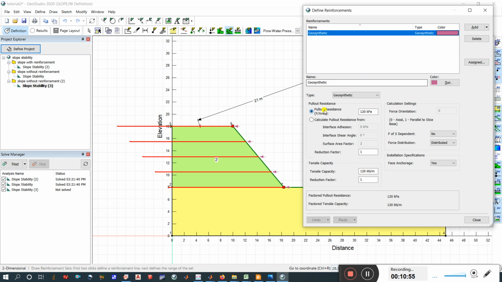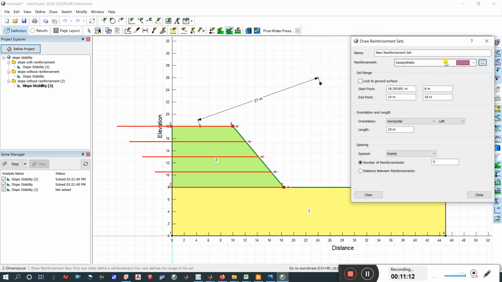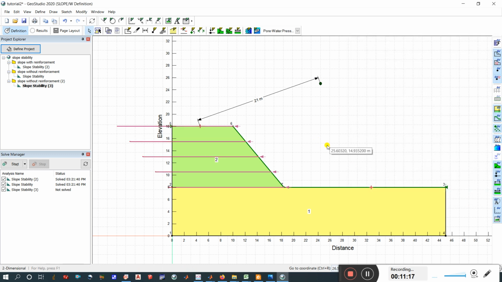You can see the properties: pullout resistance, reduction factor, tensile capacity, and all the properties you can define. Multiple options for the reinforcement are there. I'm showing it for geosynthetic, and I close it.